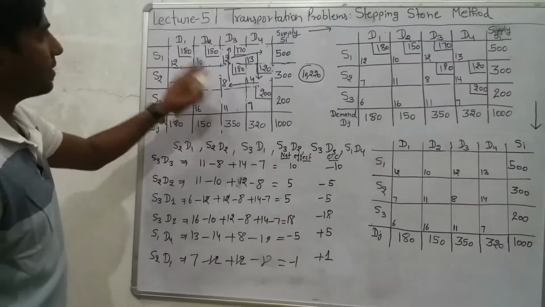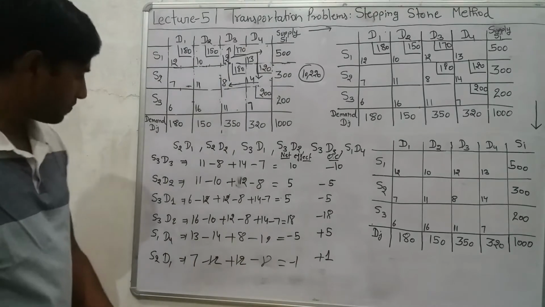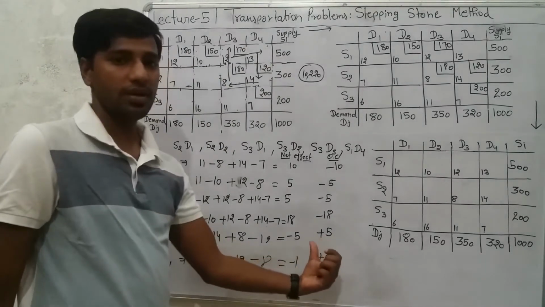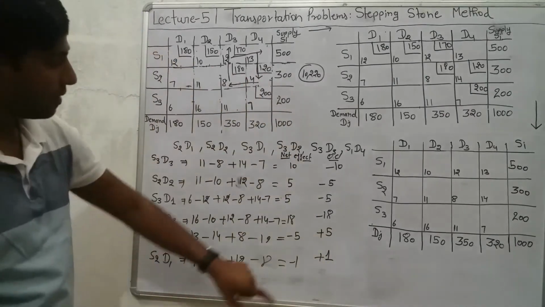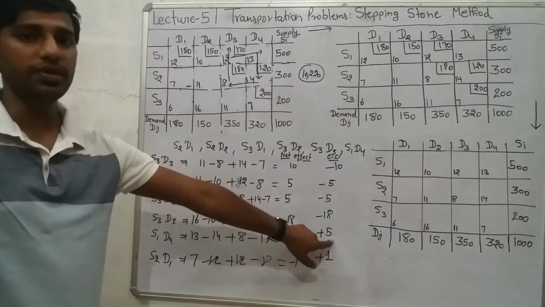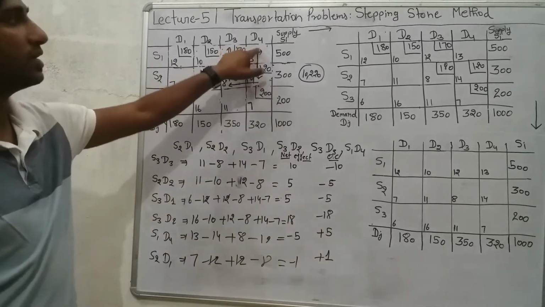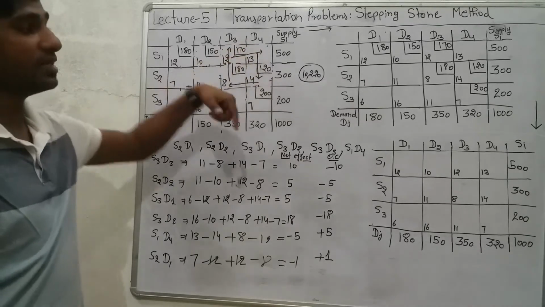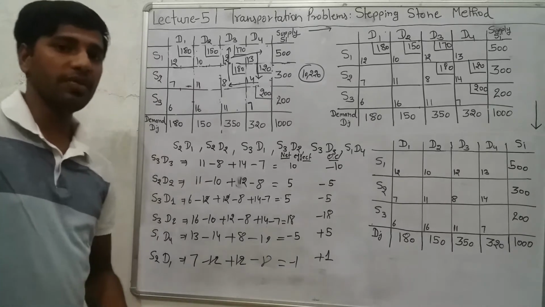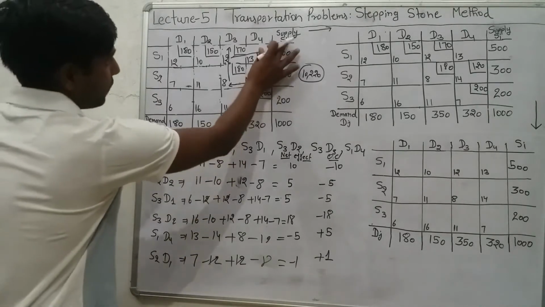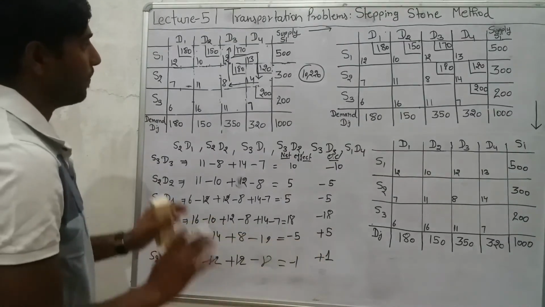So if we are following this loop and transferring 1 unit in this cell, how much profit are we going to get? 5 rupees. Profit, you can say, or reduction in the total cost. If we are transferring 1 unit, then our benefit is 5 rupees. So to maximize this benefit, we are going to transfer the maximum possible number of units in this cell, so that we can achieve our objective of minimization of the total cost.